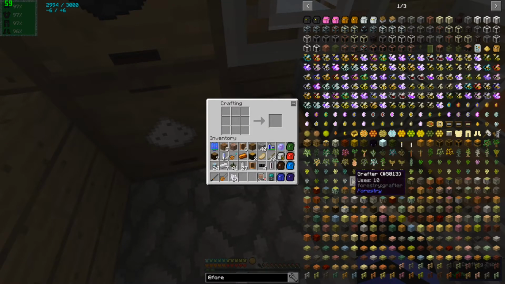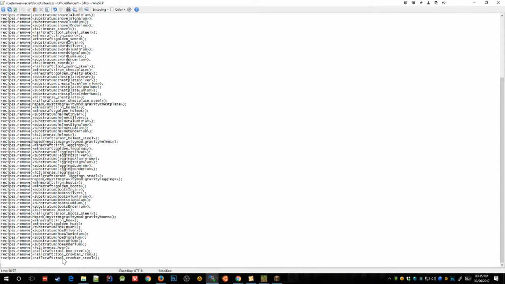Okay, so that's the Forestry grafter, and that's its own item ID. So I'm going to add a different recipe for that is inverted, with the bronze ingot in the lower left corner instead, which is not going to conflict with anything. So add shaped, and then we want forestry grafter, and then we're going to have